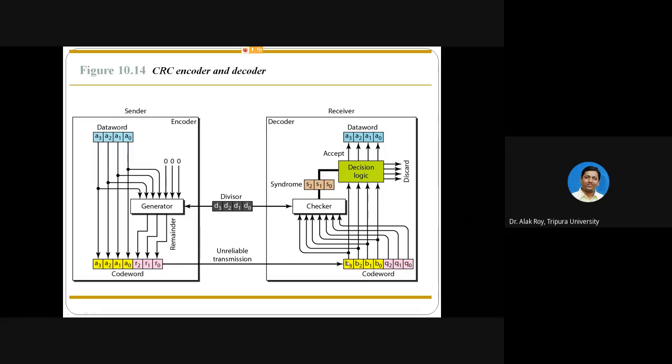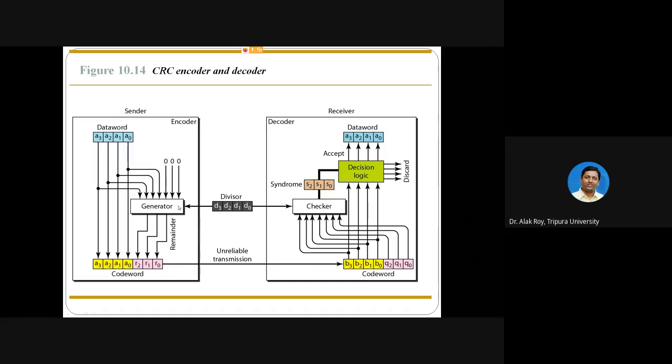This code word will be sent through the checker, which accepts a 7-bit code word. Now it will generate a syndrome. The output of the checker is the syndrome, whose bitstream length is 3 bits: S0, S1, S2. If the 3-bit syndrome value is 000, the decision logic accepts the bitstream to form A3, A2, A1, A0. Otherwise, it discards it. Depending upon the syndrome value, 000 or 001, we can have different decisions.